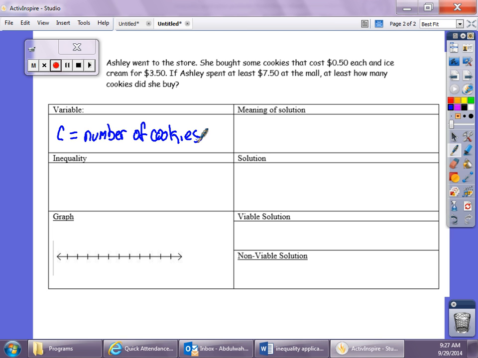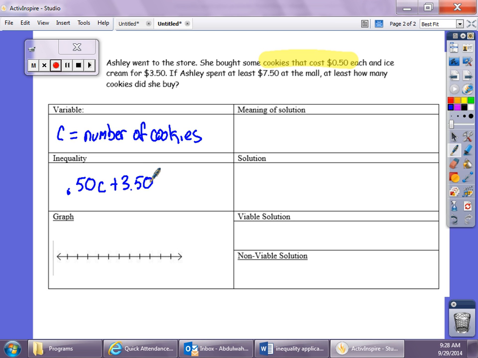So after we choose our variable, we have to write our inequality. So we're talking about the number of cookies. What we know in this problem is that the cookies cost 50 cents each. So if the cookies are 50 cents each, we know it's 50 cents for each cookie. So that's how we get 0.50C. And then she also bought ice cream for $3.50. So plus